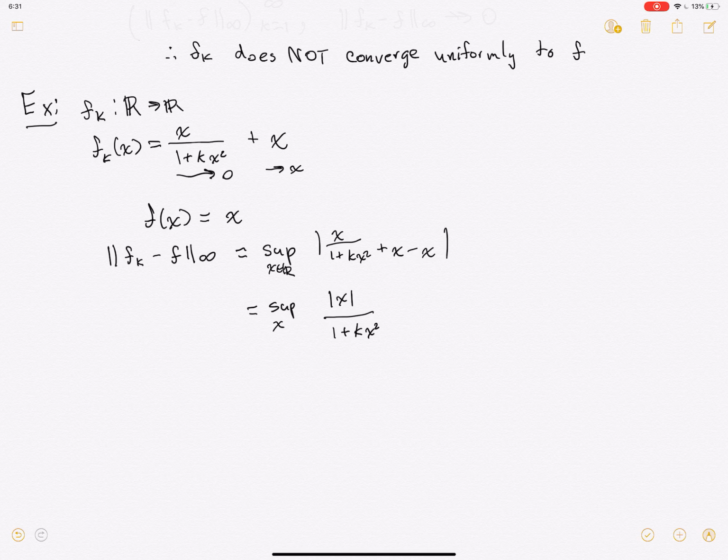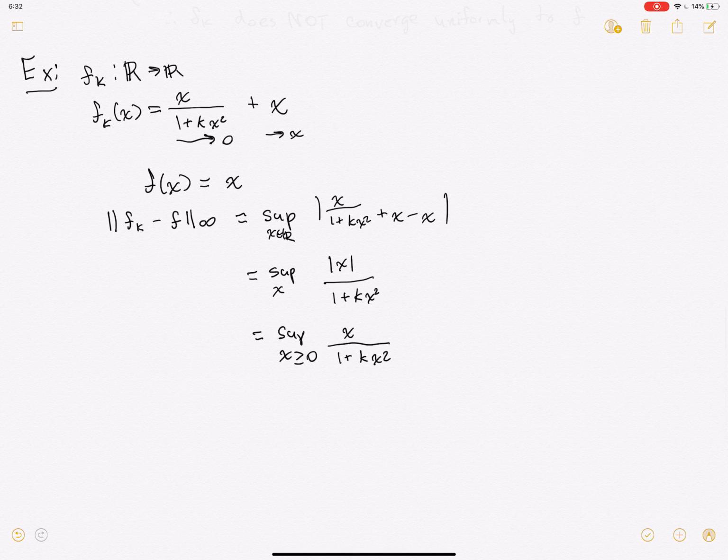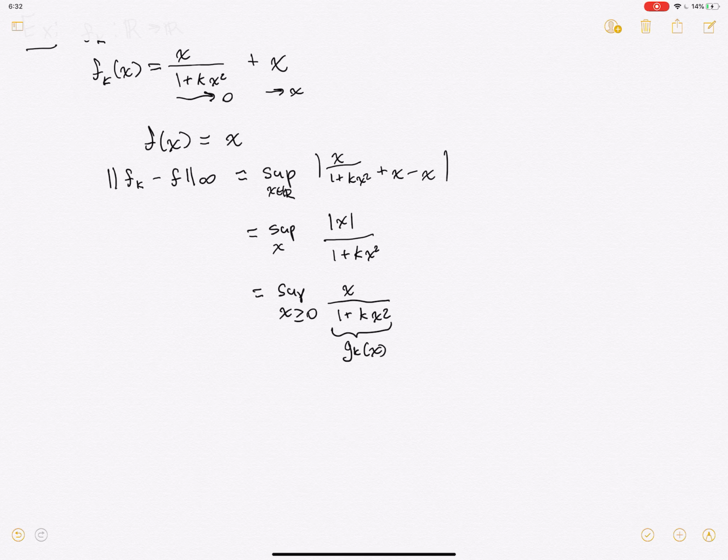The denominator is always positive, so we can drop that. And for the supremum, we'll take the positive values of x. So we can change that to this problem. Now, if we define g_k(x) as this function x / (1 + kx^2), then